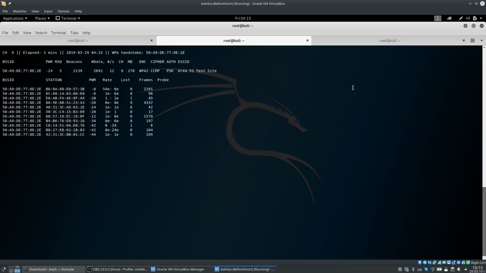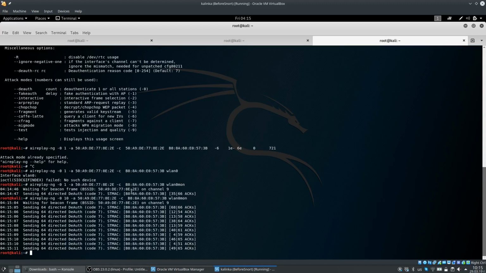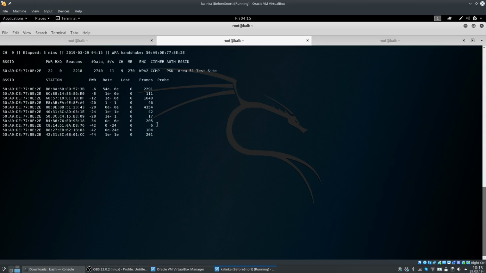So once we did that, and if we're happy with the number of authentications that we did, we can of course do that against a lot of clients or all of the clients here, and that will increase our chances of capturing a bigger portion of the pre-shared key exchange, and hopefully increase our chances of